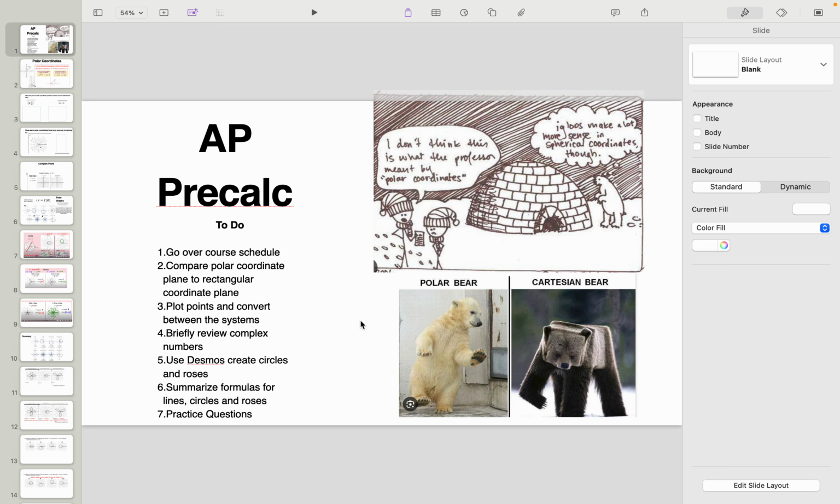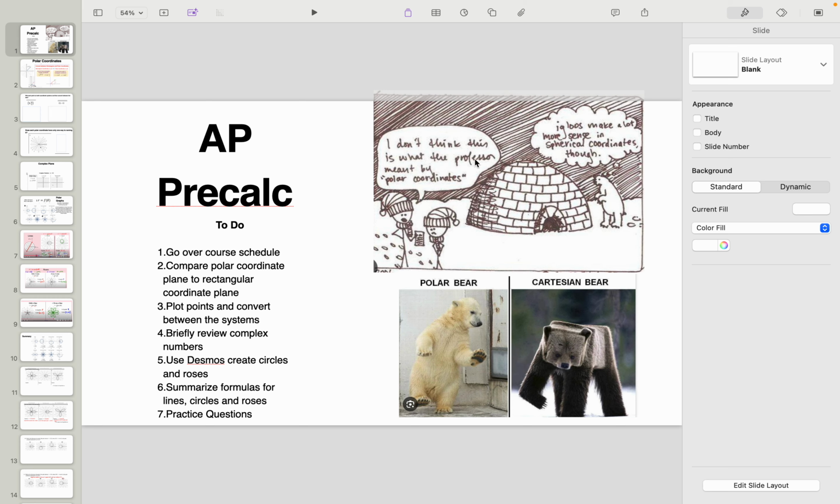We're looking at polar coordinates and our Cartesian coordinates, right? And also the complex plane, and then how we can do some really cool graphing of circles and roses. So we're reviewing a little of what you've worked on, and looking at what we're going to keep going with. So my joke of the polar bear and the Cartesian bear is a memory, and here we are,